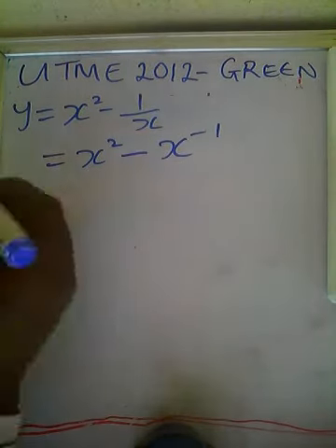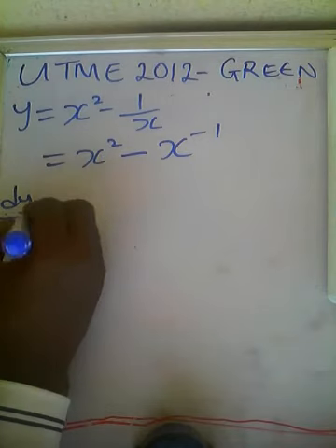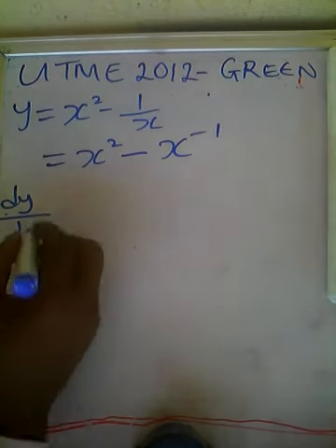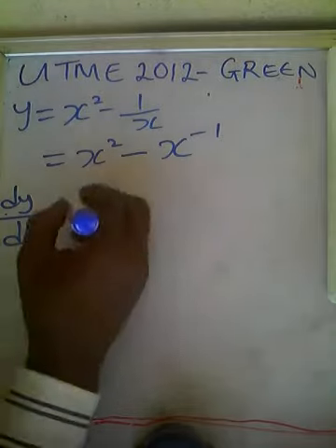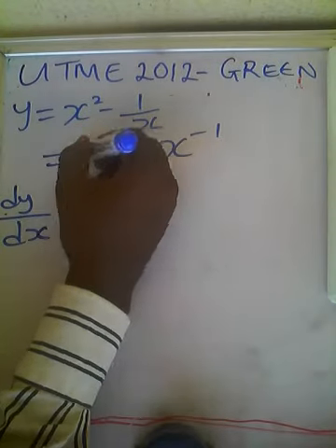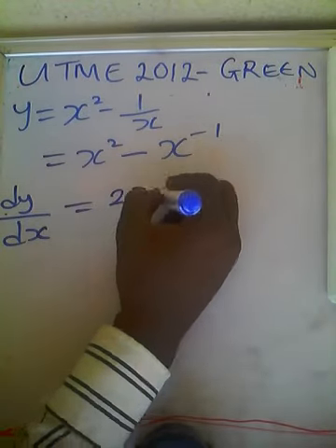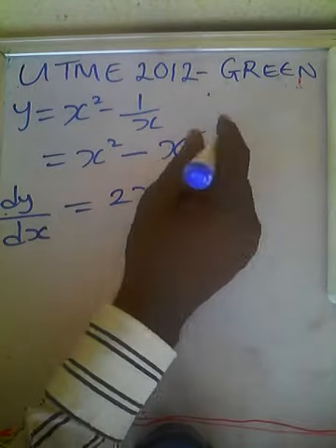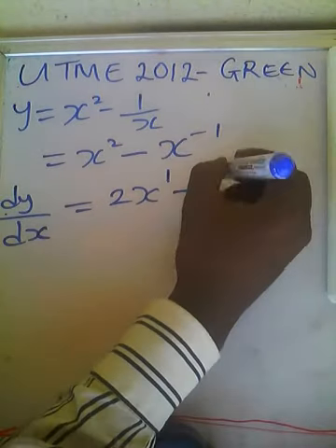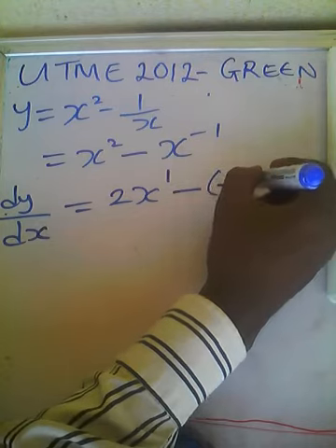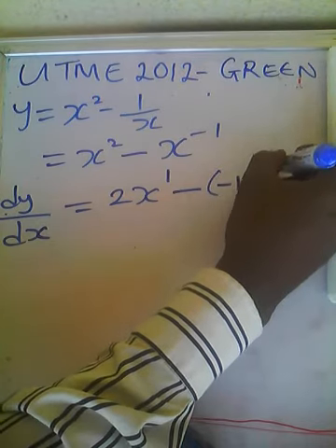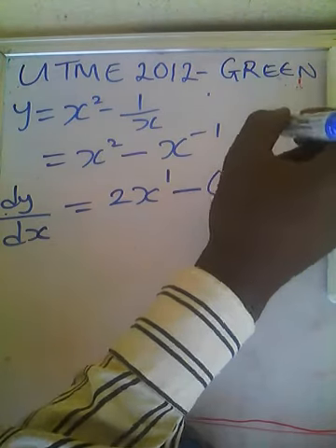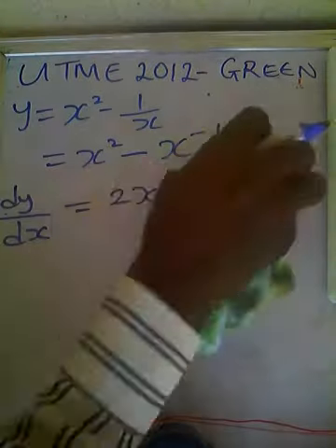Now, we can easily differentiate using the power function rule. The dy/dx is equal to, when we differentiate x squared, we have 2x to power 1. Then minus, when we differentiate x to power minus 1, we have minus 1 x to power minus 1 minus 1. Right. Let me come back and make it a little bit